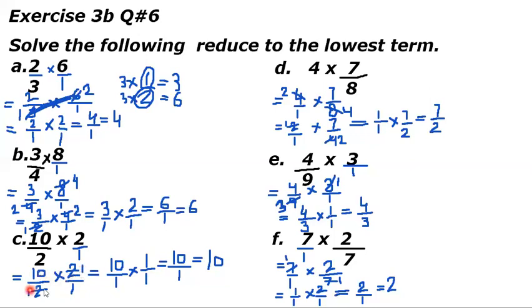Now 10 by 1 is the new fraction and 1 by 1 is the new fraction. Now we will multiply numerator with numerator. 10 times 1 gives us 10, and we will multiply denominator with denominator. 1 times 1 gives us 1. 10 by 1 is a fraction that is equal to the whole number 10. We have changed this fraction into a whole number, like here this 2 was a whole number and we changed it into a fraction. In the next step what we have to do is,